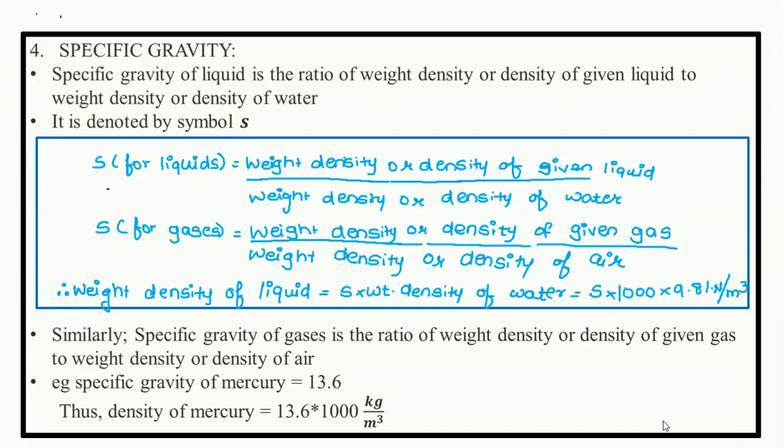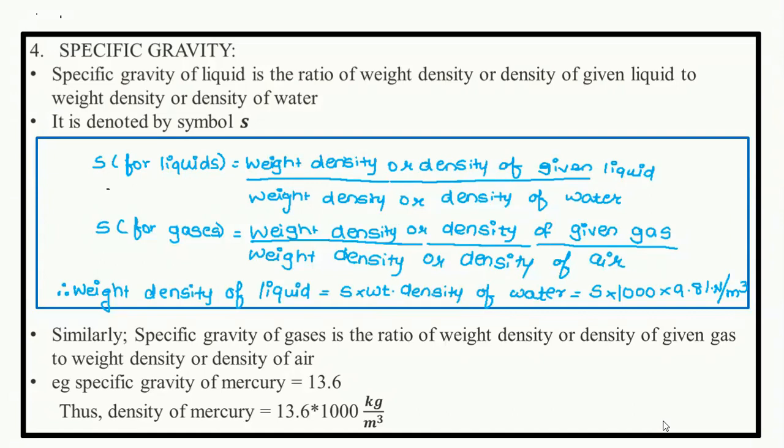Now the standard fluid is divided into two, first liquid and second gases. For liquids the standard fluid is water, and in case of gases the standard fluid is air. Mathematically it is written as S equals weight density or density of given liquid to the weight density or density of water in case of